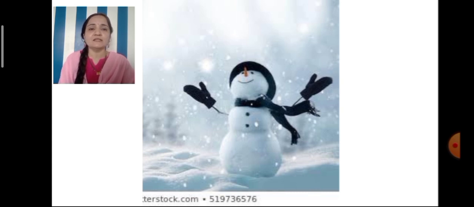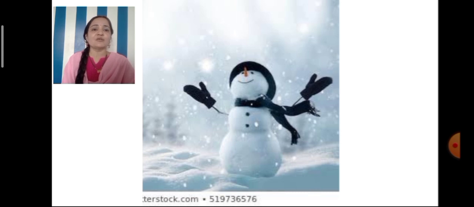A snowman is a snow sculpture. That is, a snowman is built out of snow or by using snow. And a snowman is built in regions where there is sufficient snowfall, so that it can be built by using snow.